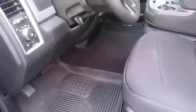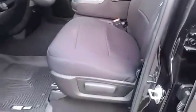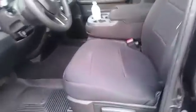I don't like doing that, because when I shut the door, the stuff fobbles around. I did do these seat covers, and the neoprene. They tuck in really well across the seams. I mean, there's some small spots in there that you can see some of the cloth, but they're